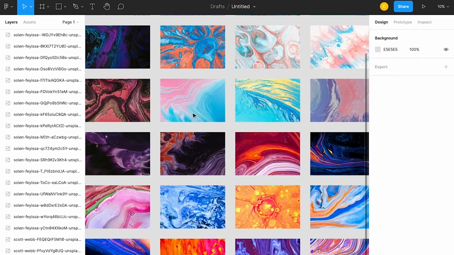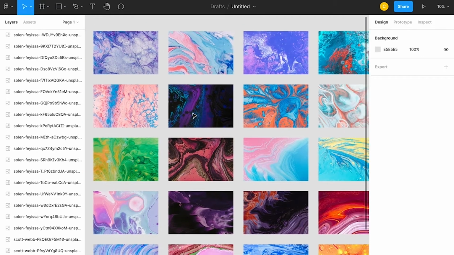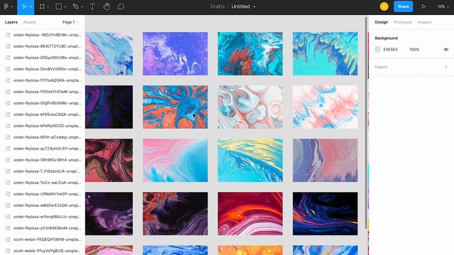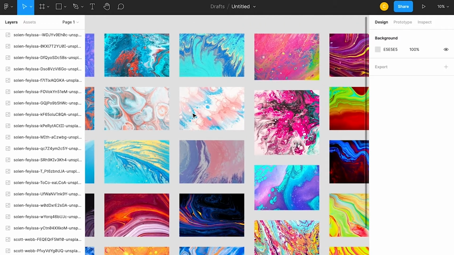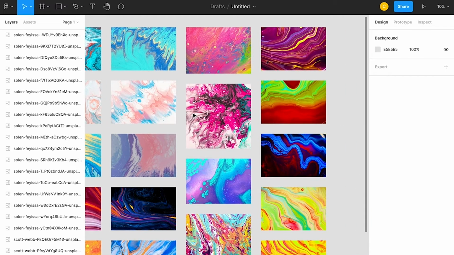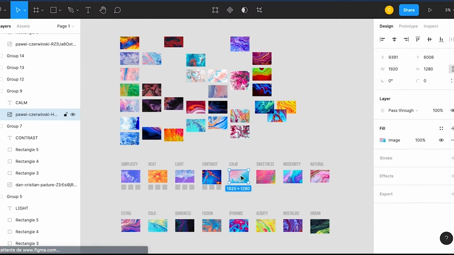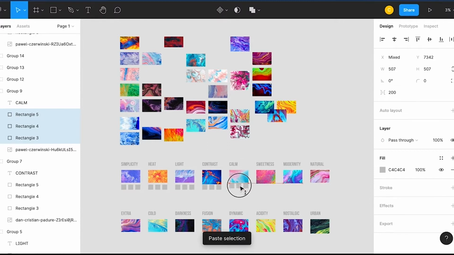Figma is a design tool for web design, but I also use it when I need to work on graphic design. So I have all my images in Figma, and I sort them to define which one is going to go with which word. The words work in opposite pairs, so I'm trying to build a consistency between them.